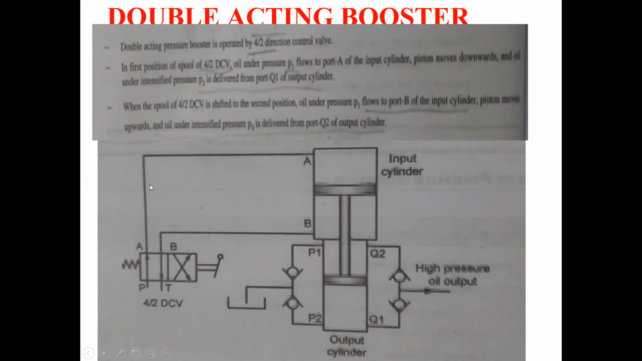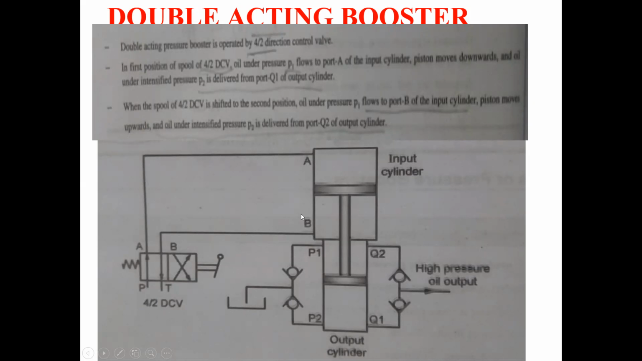Oil with pressure P1 enters this input cylinder from port A. You can read here also. At this time the piston moves downward and high pressure oil at pressure P2 moves out through this port Q1 here. Okay, and when this spool of the 4/2 is shifted to the second position, at this time the oil